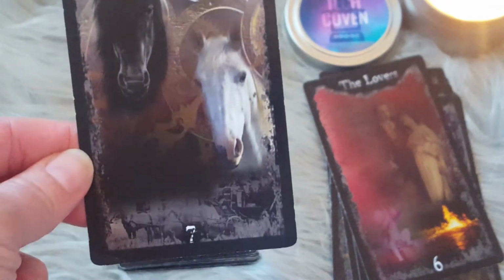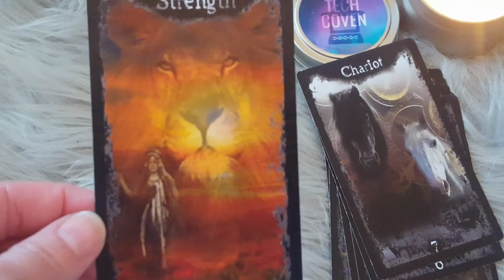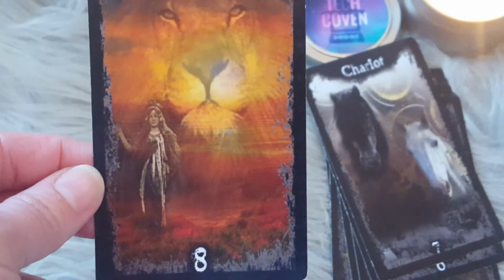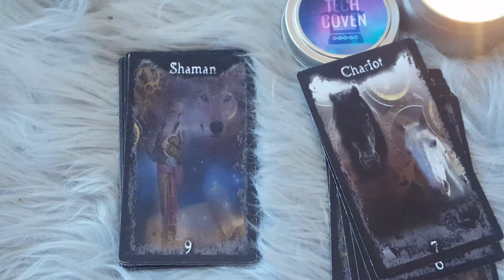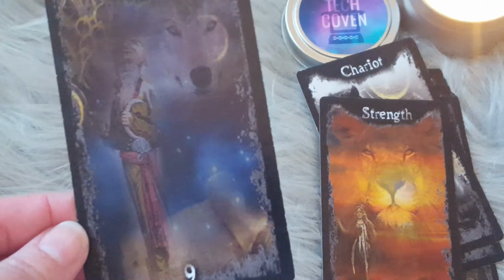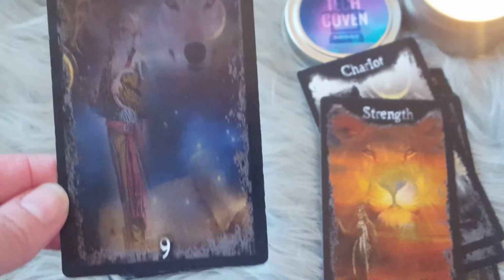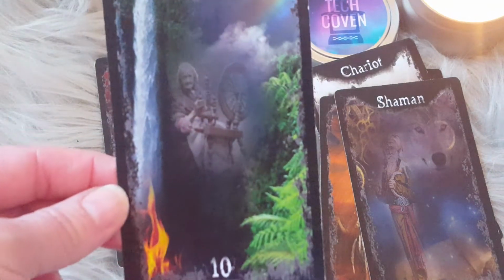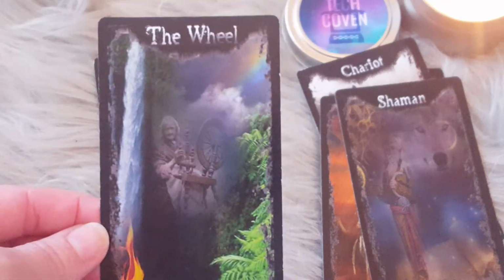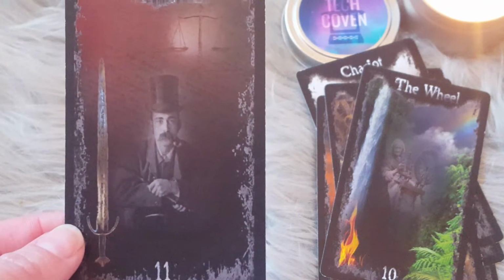I really like that Chariot card. Strength is 8 and Justice is 11. And card number 9 is the Shaman, which I just love. I love the spinning wheel here for the Wheel of Fortune. This is almost like an Ebenezer Scrooge kind of thing, but